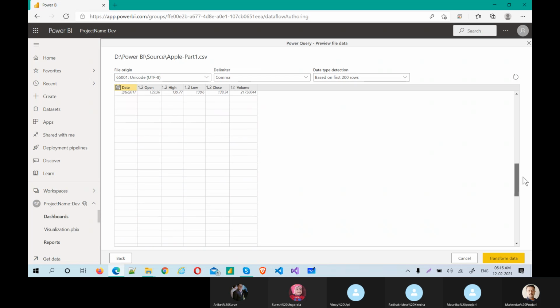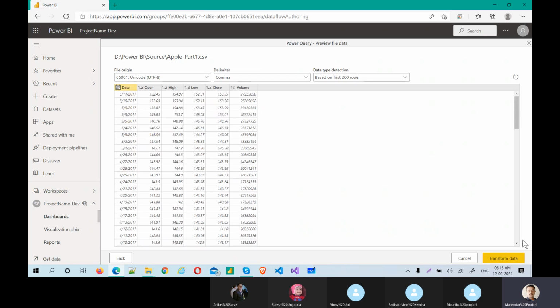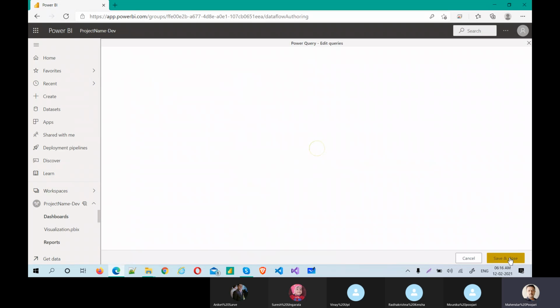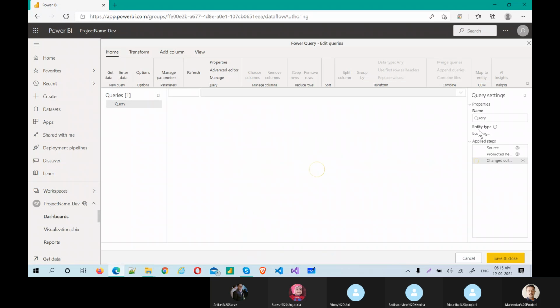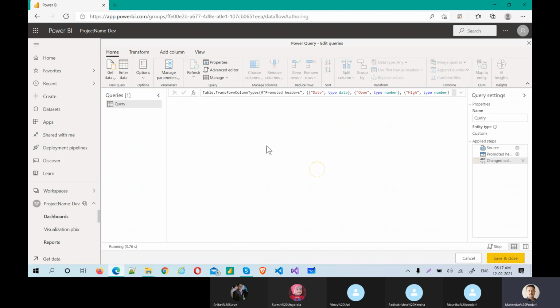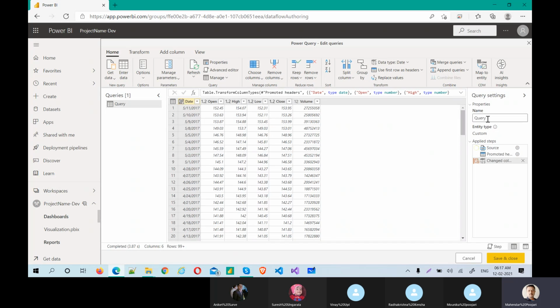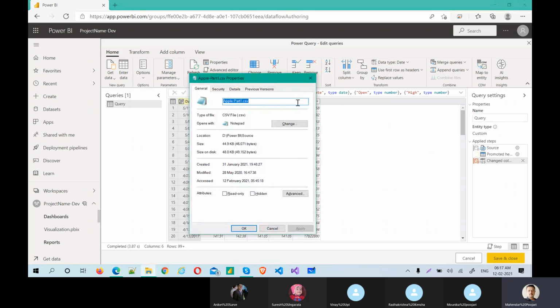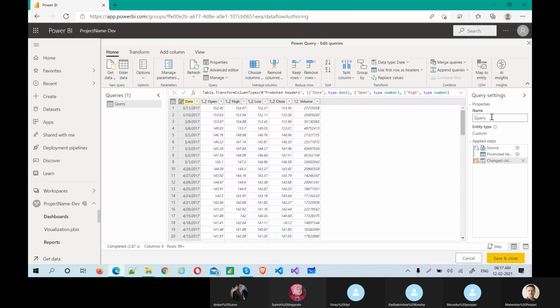See, this is a file. Let's do the transform. Now, what is this? This is a file name, right? So let's use the file name CSV.